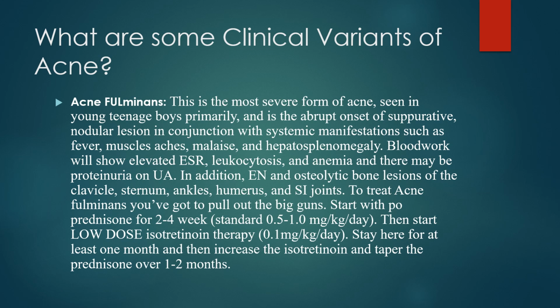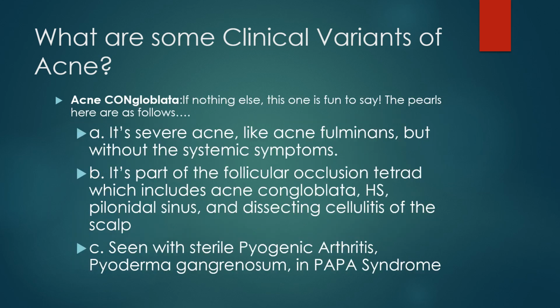To treat acne fulminans, you're going to have to pull out the big guns. You're going to start with prednisone for 2 to 4 weeks, the standard half milligram to 1 milligram per kilogram per day dosing. And then after 2 to 4 weeks, you're going to start on low dose isotretinoin therapy, and low dose as in 0.1 milligrams per kilogram per day. And you're going to stay there for at least a month. Eventually, you'll increase the isotretinoin and taper off the prednisone over the course of 1 to 2 months. The alternative, or